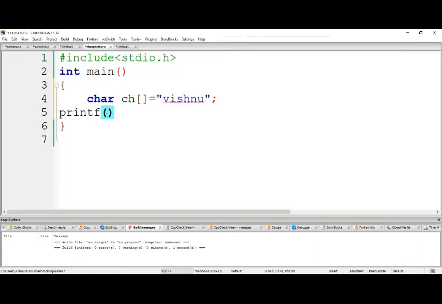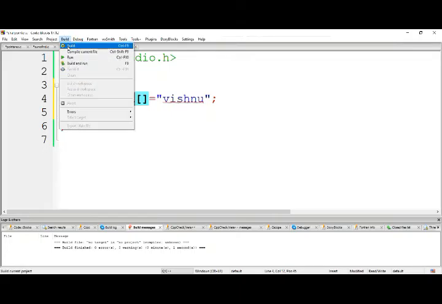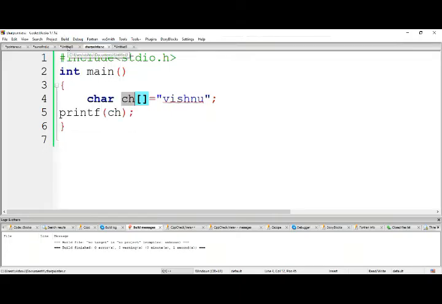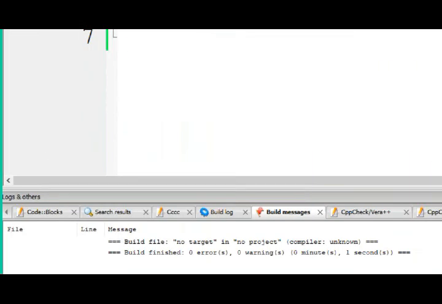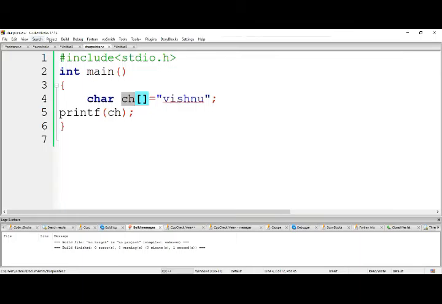Inside that, let me store the values like this. Okay. So can I place it like this in the printf? Is it possible to place it like this in the printf statement? Till now, in the printf statement, the starting value must be the format string. Rather than placing the format string, I just place a string here. Is it possible? Let's compile this one. So it is possible. You can observe 0 errors and 0 warnings. It is possible. Let me run this one.